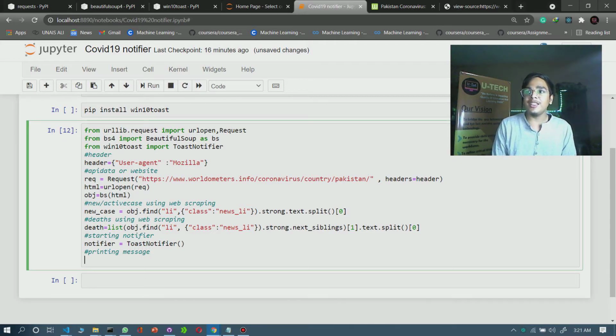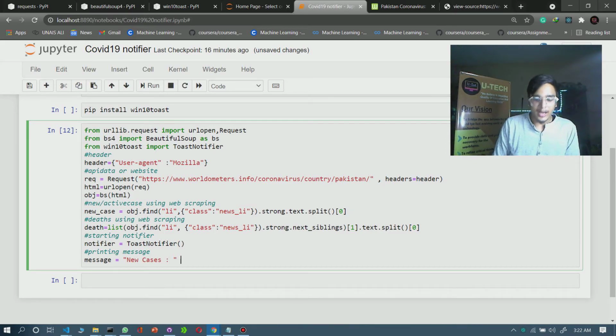For printing message, let's create a message variable equals to, for, let's make it good, new cases, and under the new cases let's make it equals to, or we can just leave it like this.